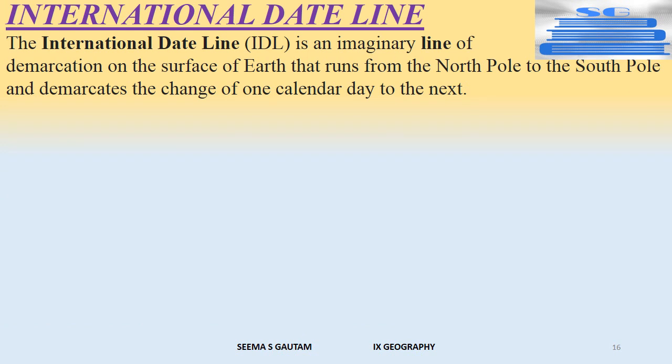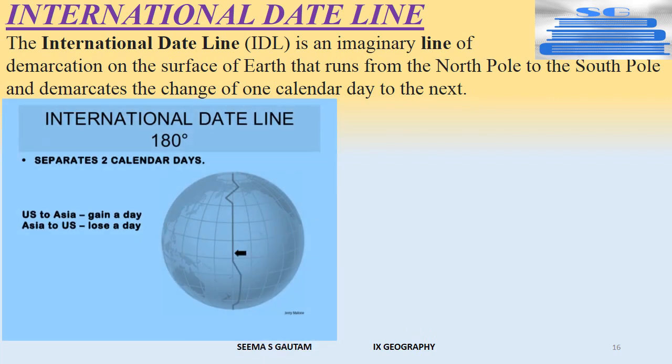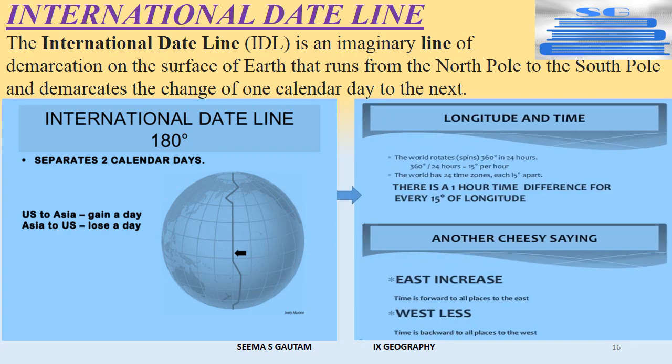IDL, that is International Date Line, fixed by international agreement, is an imaginary line along the 180-degree meridian extending from North Pole to South Pole. It is marked on the place of the Earth's surface where each new date begins first. The longitude which lies diametrically opposite to the prime meridian, that is 0 degree, is numbered as 180 degree, which passes through the mid-Pacific where less land mass is present. The international date line coincides with 180 degree, that is east or west.